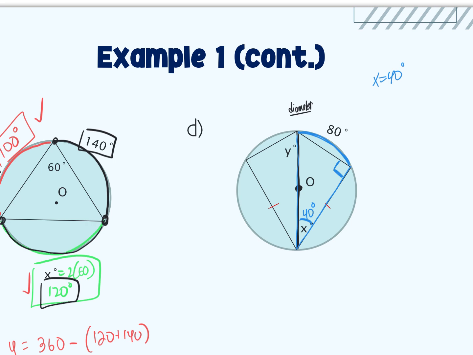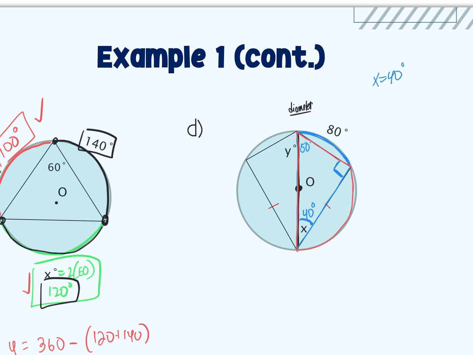And we know that if it's a 90-degree angle, the interior angles of a triangle always add up to 180 degrees. So 40 and 90 is 130, and this would be another 50 degrees. So if that's 50 degrees, now I can see that angle as inscribed, and this would be its